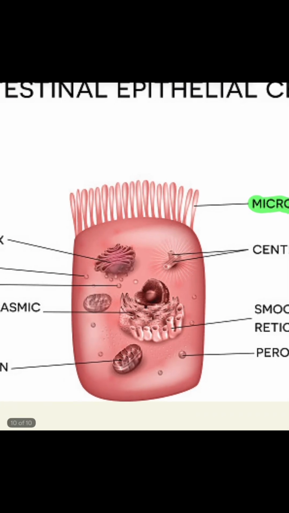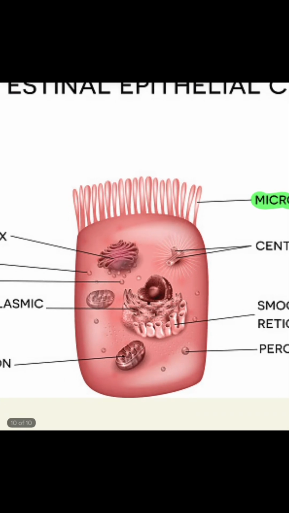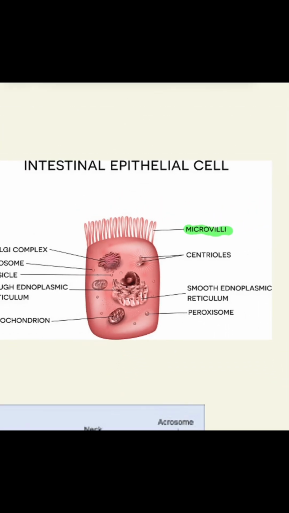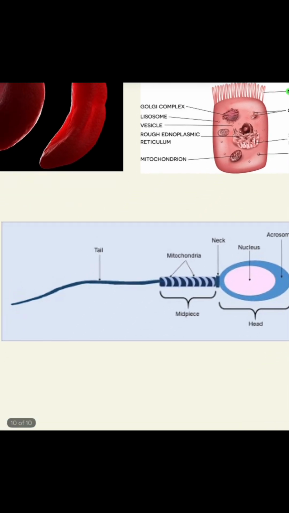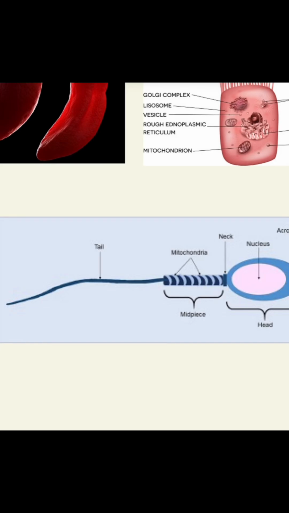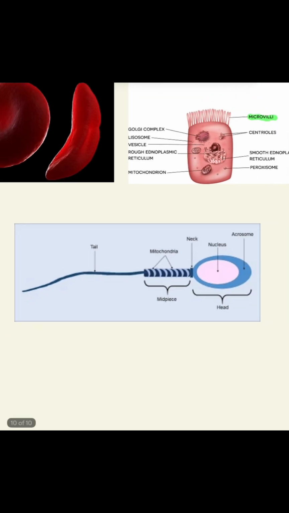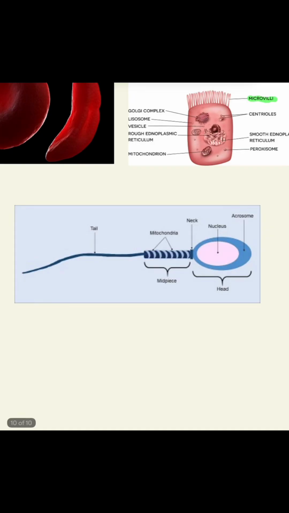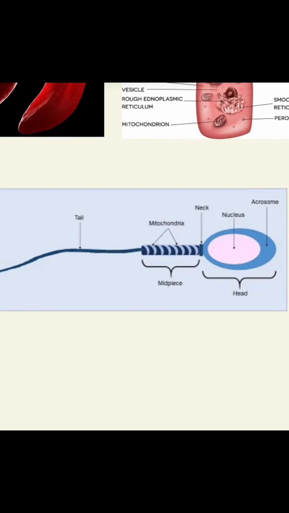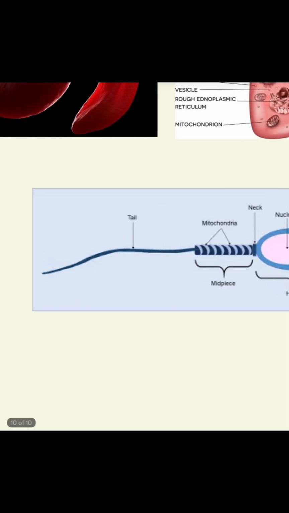Now, there's also the composition of some organelles in cells. So if we have a look at a sperm cell, this is an example of an adaptation that the organelles have undergone. So specialized cells, such as sperm cells, also contain different numbers and types of organelles depending on their function. So if we look at this cell here, sperm cells have many mitochondria and this tail or flagellum that is